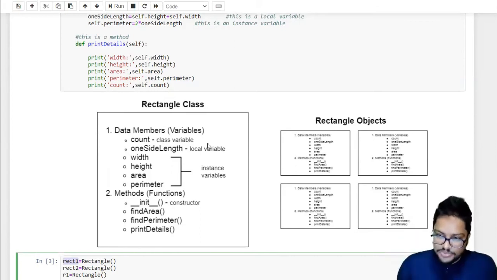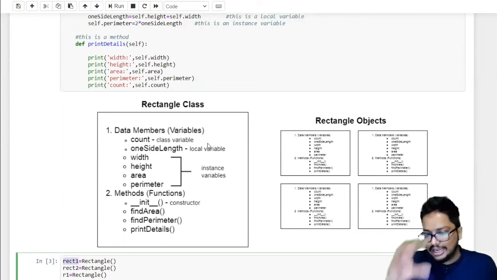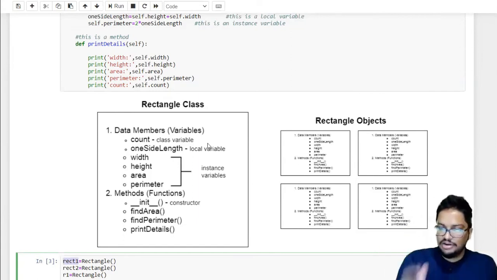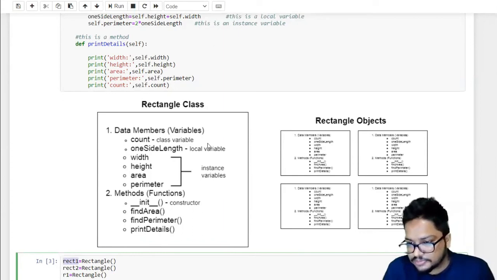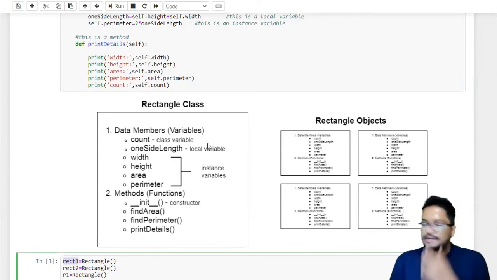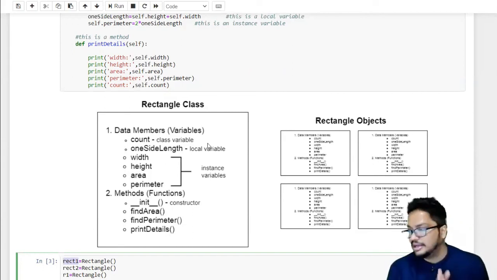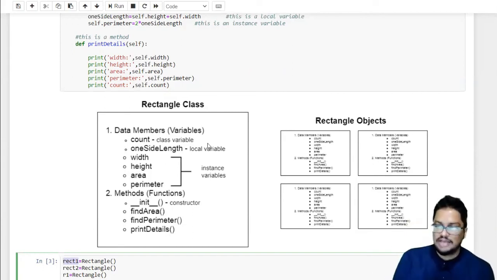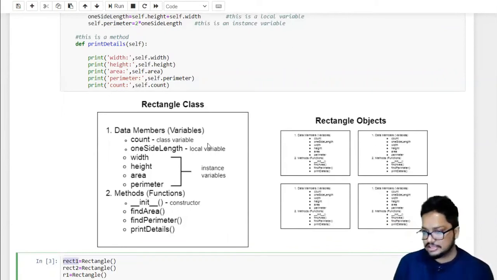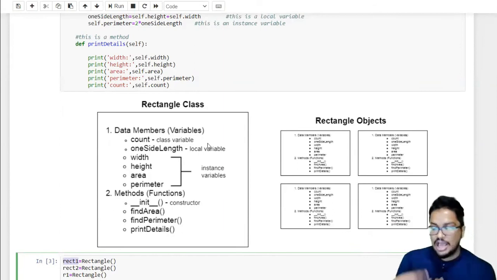You can create many individual objects, and each individual object will contain each and every data member and each and every method. Understood? Whatever data members and methods are declared in a class, if we create an object from that class, that object will contain all of them.